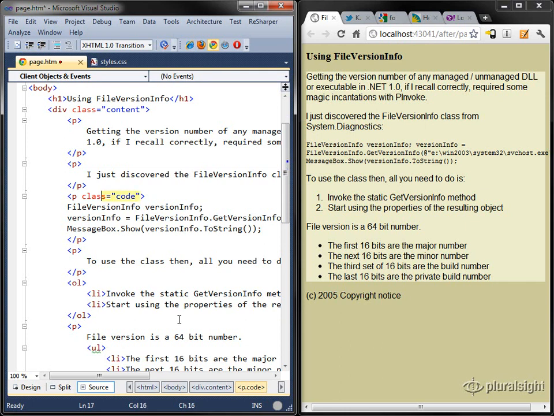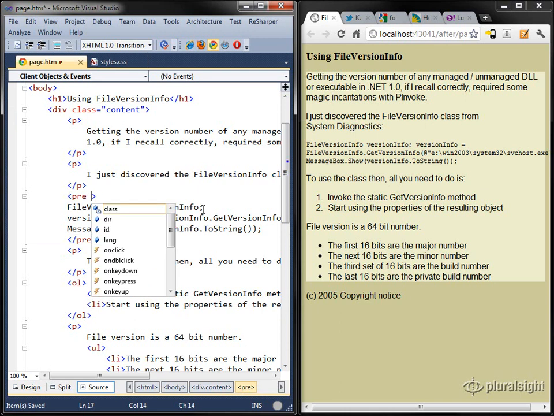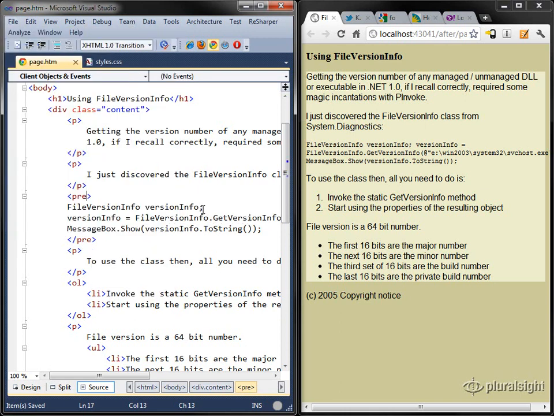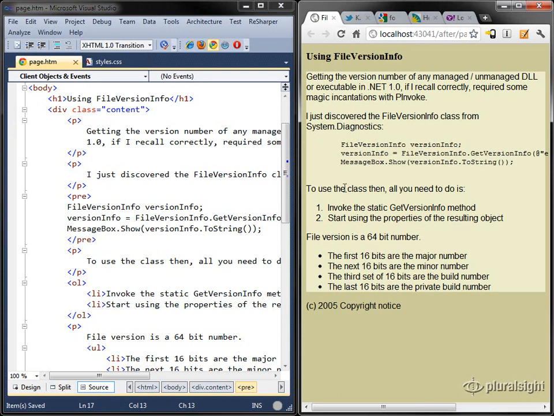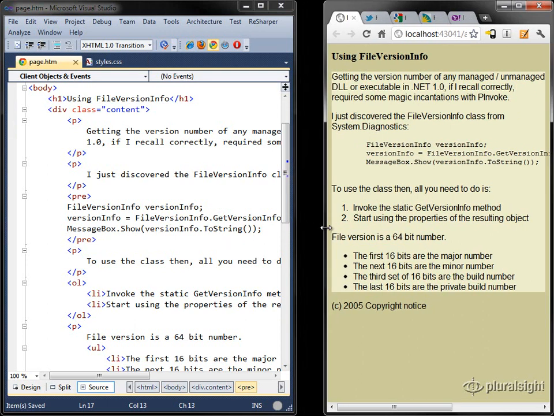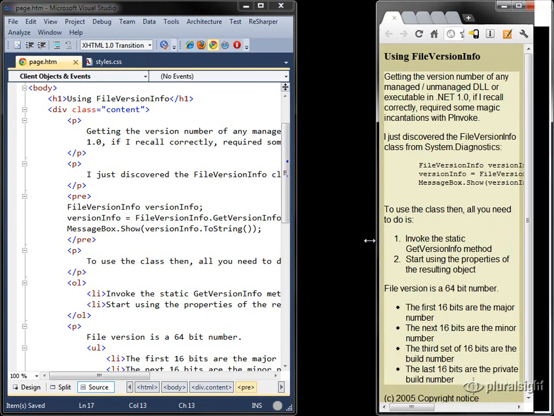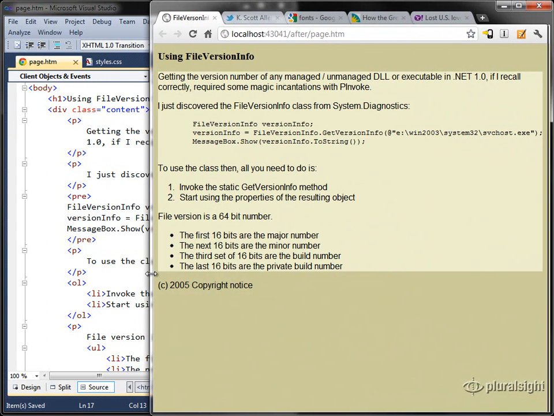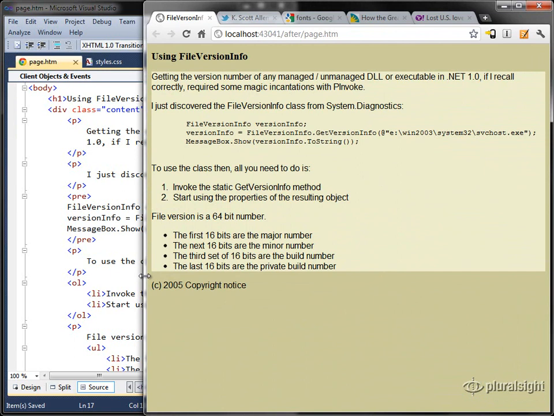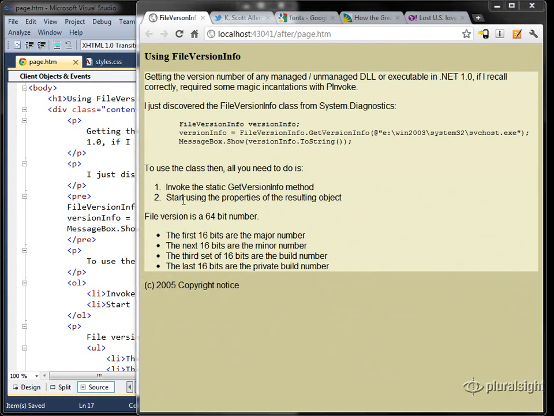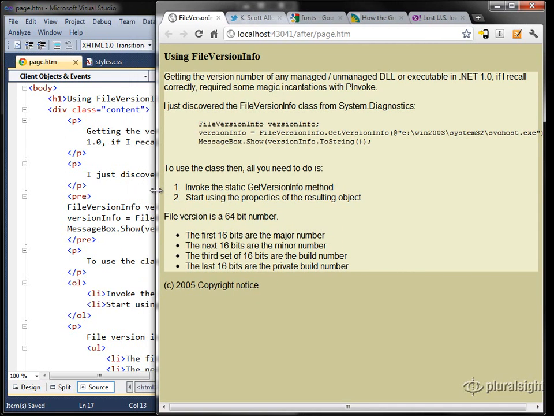What I really want to do here is I want to use a pre tag, which means this is pre-formatted text, and please don't try to manipulate it. I could still use a class of code, but let's just leave it just as a pre tag to see how that looks. And you can see that it gets indented, and it follows the formatting that I have here precisely. In fact, it doesn't even break that second line, even if there isn't enough room to display it, so the user is going to have to scroll or open their browser wide enough to be able to see that entire line of code. And most user style sheets will style a pre element with a monospace font, so that's been taken